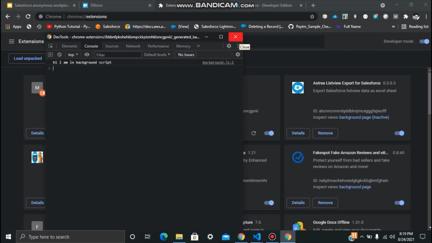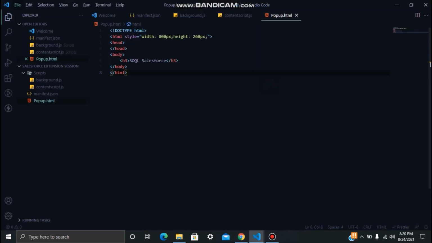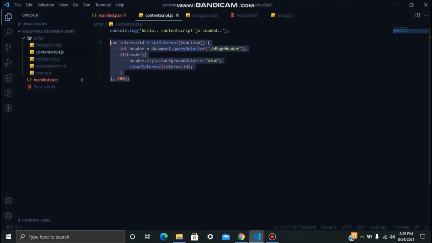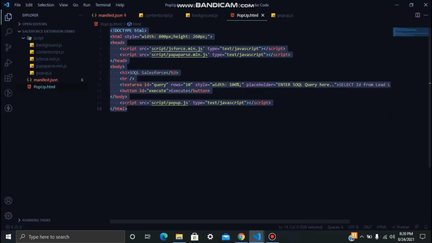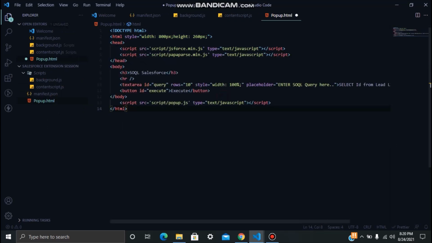Let's try with your Salesforce workplace and do some queries with our extension. So let's test this also. I'll quickly copy all my code for the popup file and add it into this project.